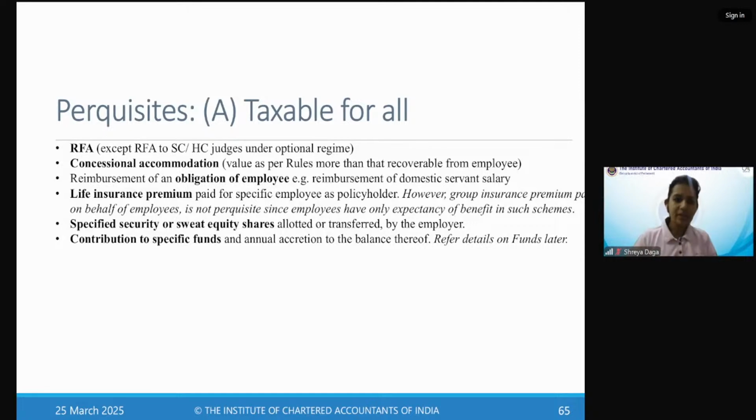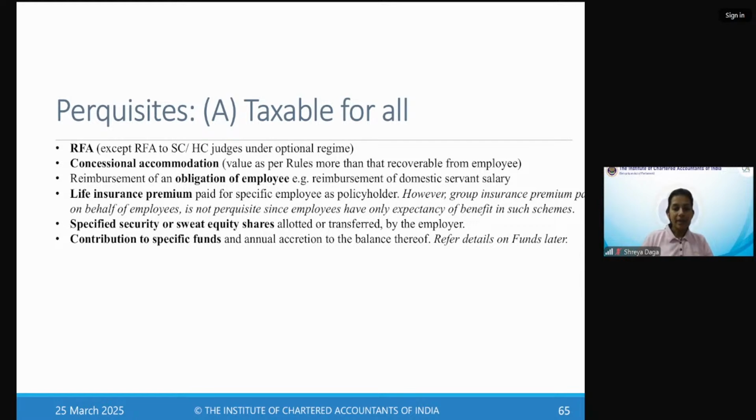He is saying that you deducted from my salary, then that does not become a benefit anymore. So you will reduce the amount that you have recovered from the employee, because it cannot be a taxable perquisite if he has paid you back and actually there is no benefit in his hands. For all perquisites, if you receive anything back from the employee, you will reduce it. Okay, next, reimbursement of